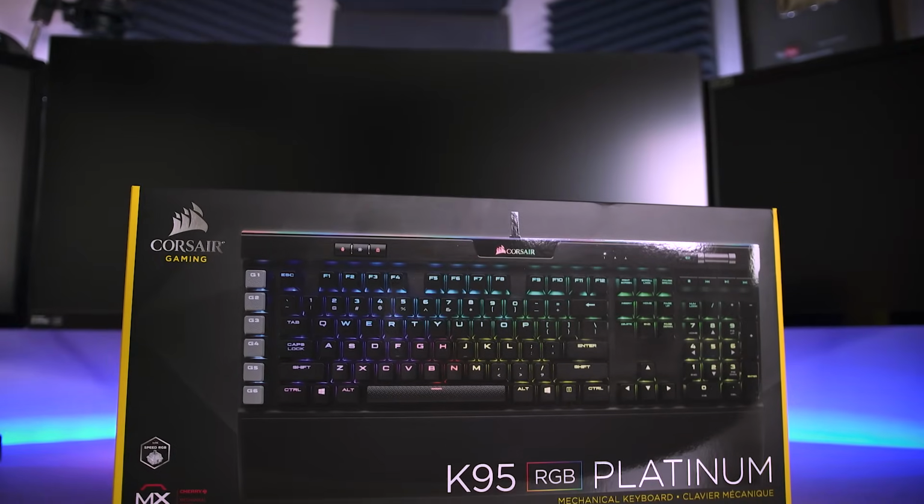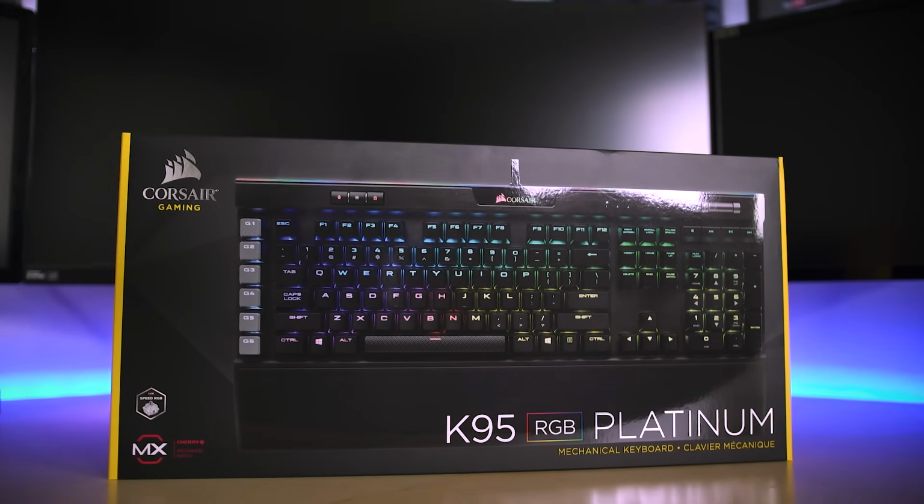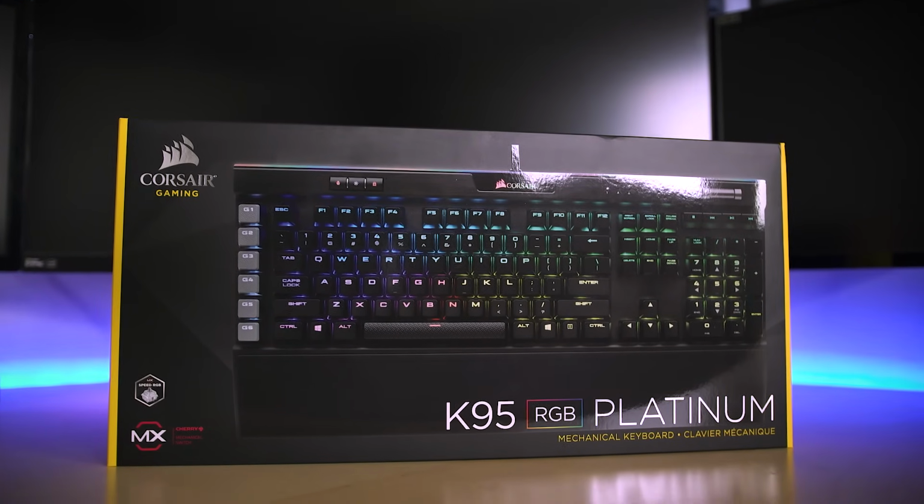Corsair has launched its new flagship keyboard, the K95 RGB Platinum. We took a look at this as kind of a first look at CES, and as a fan of the K70 and K70 RGB that I've been using for quite a while, I'm kind of curious to see whether or not, well, I'm excited about this one. They bring a few new features and bring back some old ones that people kind of complained were gone. So let's go ahead and crack her open, play around with it, and let's see exactly what Corsair's bringing